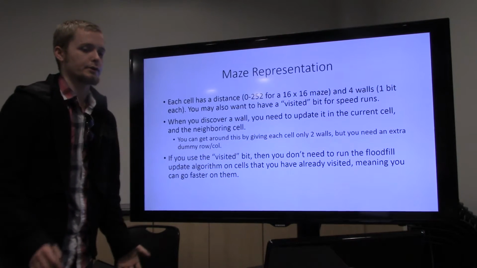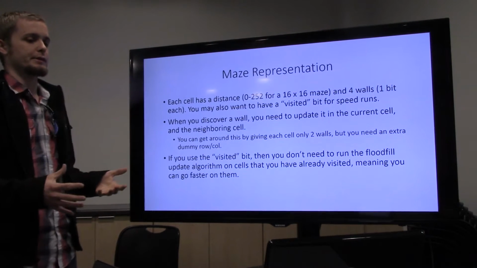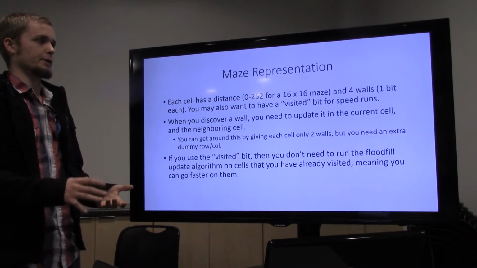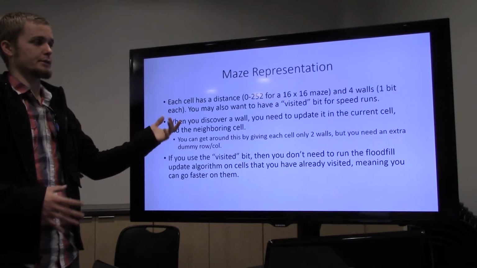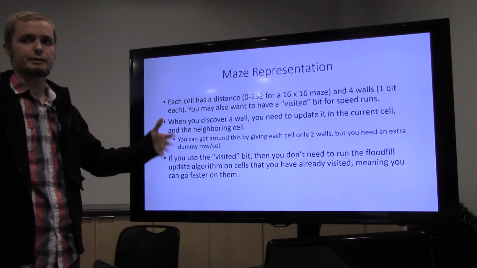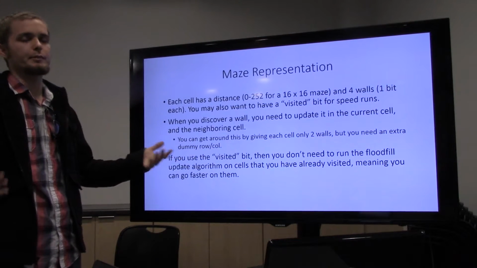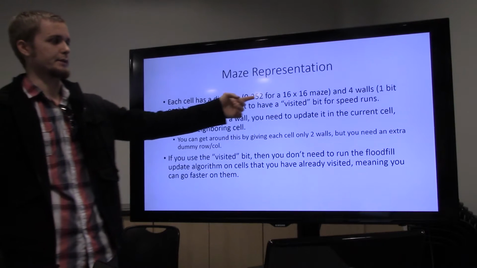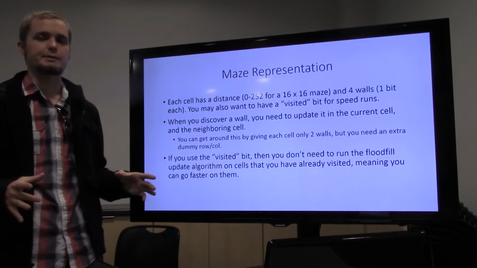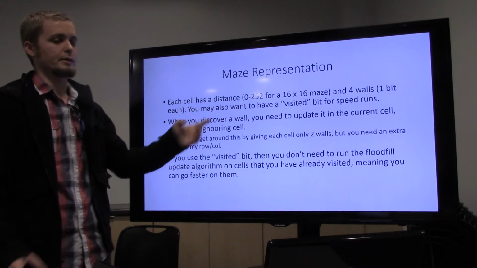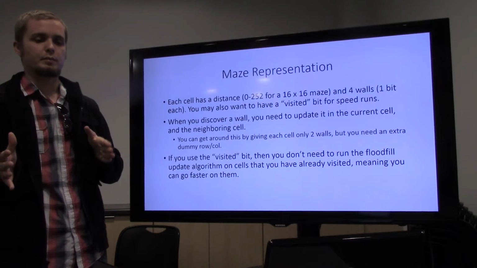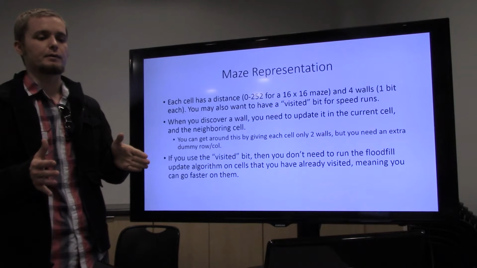And so the way that you represent the maze in your code is that each cell has a distance. So you have to have an array, a 2-dimensional array, 16 by 16 for a full-size maze. And each cell needs a distance, and it also needs another byte for wall info. And